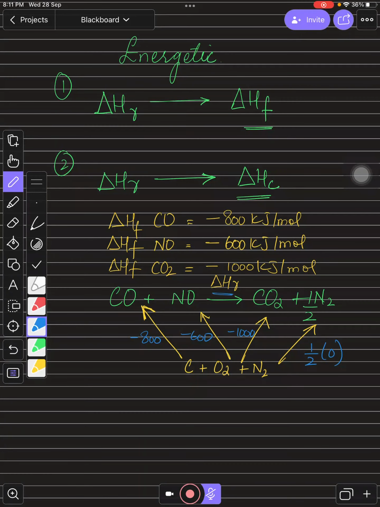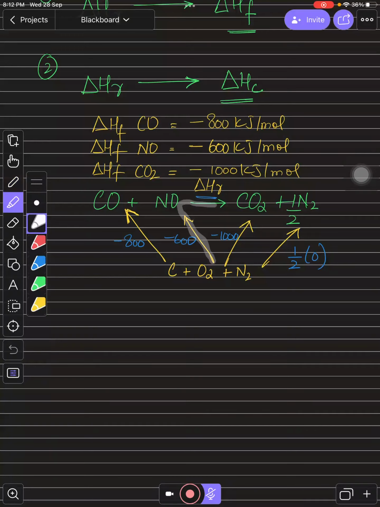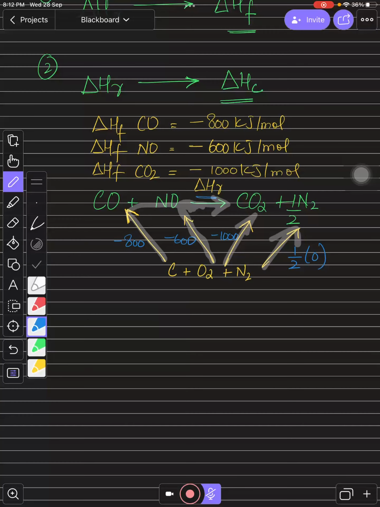Now remember one thing, the arrows in the same direction will be added together and they will be equal to the opposite direction arrows, right? You can see over here, this arrow is going to be in the same direction, right? Both of the arrows are in the same direction, and this is also in the same direction, right? So these arrows should be added and this is in the opposite direction and this is also in the opposite direction. So you can write the statement over here like this, that enthalpy change of formation of carbon monoxide plus